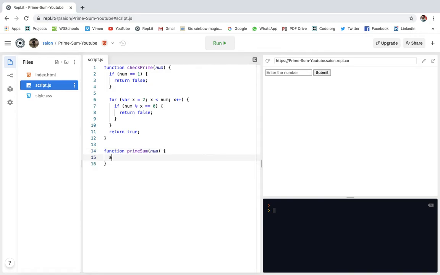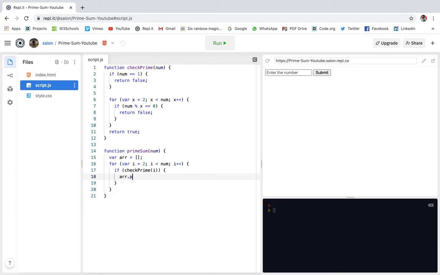Okay, so I'll make a variable called array equal to an empty array. So I am making an empty array. Okay, so for variable i equal to 2, i less than num, i plus plus, if check prime i, if i is a prime number, then array dot push i.